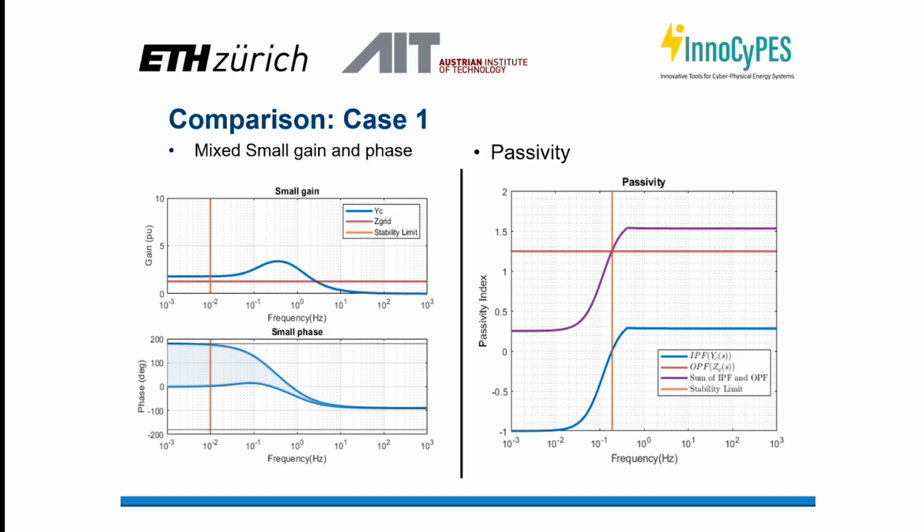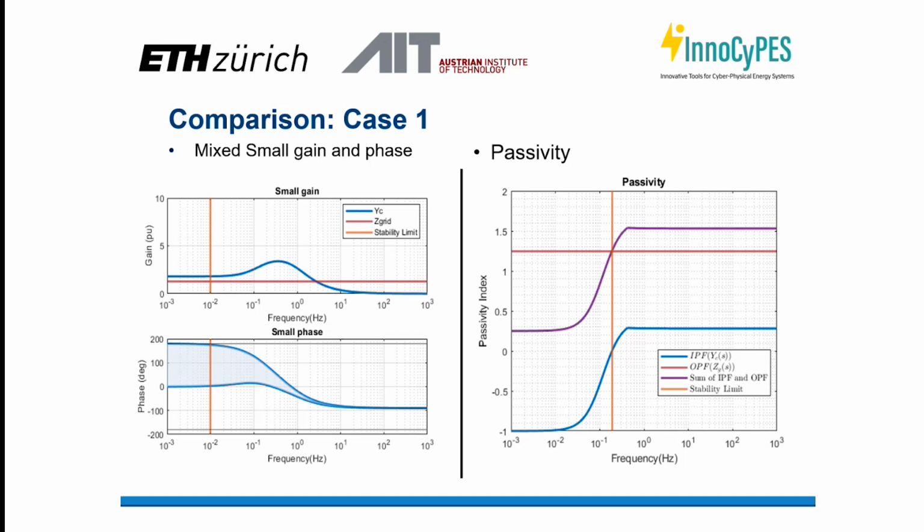So these two regions are the maximum and minimum angle of YC. Nonetheless, here it touches pi and violates one of the conditions of the small phase theorem. And in this case, we cannot certify stability below 0.01 hertz. So extremely low frequency. Now, with the passivity indices, we have the input feed forward of YC in here and